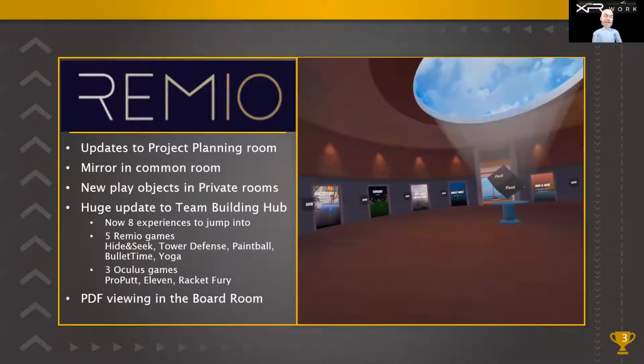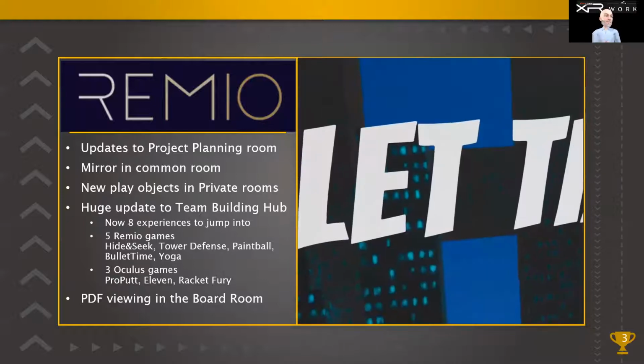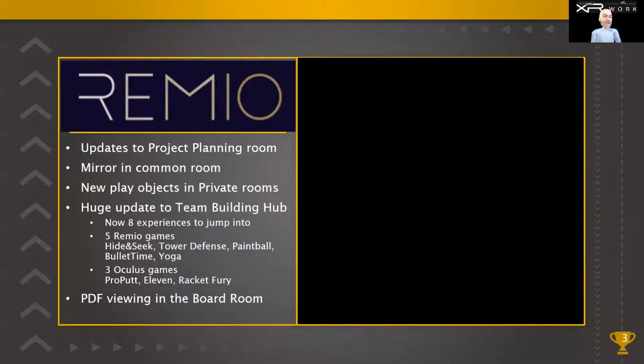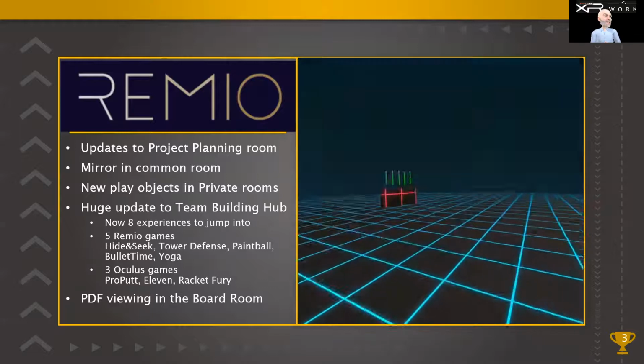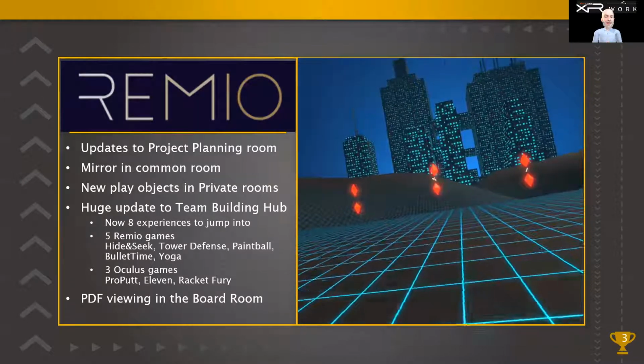But they've made 5 of their own: the hide and seek, the tower defense, the paintball, bullet time, and yoga. And we're going to jump into bullet time, which is a mix of Tron and Star Wars a little bit. So you can kind of see this very